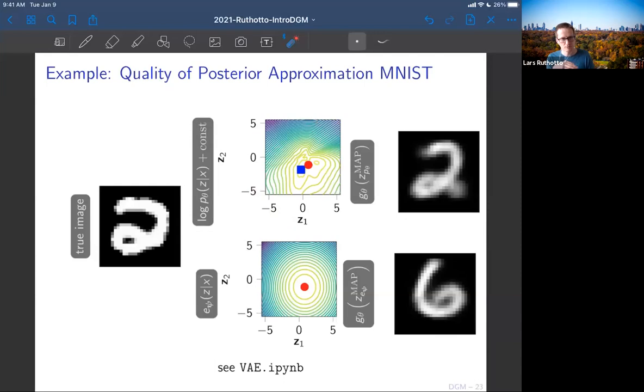Then you can look at this top one, which is actually, up to a constant, the true posterior. I've gone through a few hoops to compute this, basically using Bayes' theorem and lots of sampling. But I can actually compute, for this generator, what the actual posterior I'm trying to fit looks like. And I hope you can see that this is not a Gaussian. These are the contour lines of the density, or the log of the density. It's definitely not a Gaussian. There are multiple maximizers, in this case multiple modes.